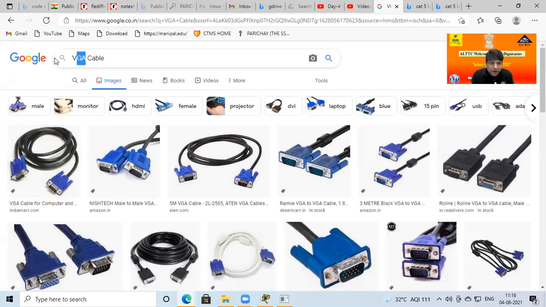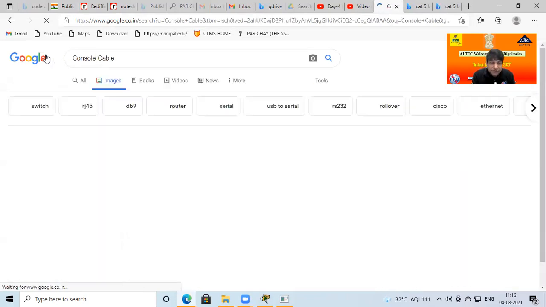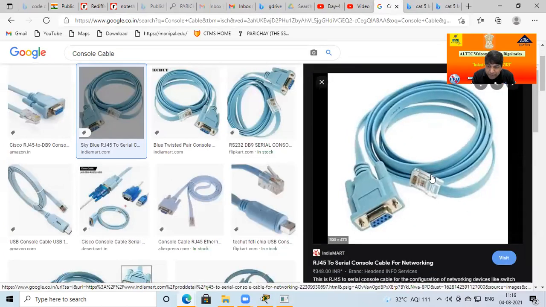The same goes for the console. In this case, for the console cable, one side is the RJ45 connector.